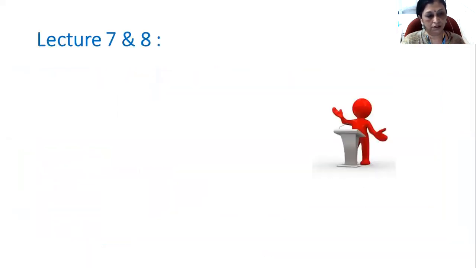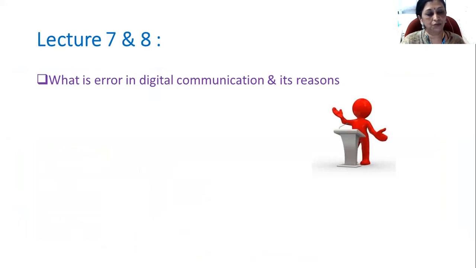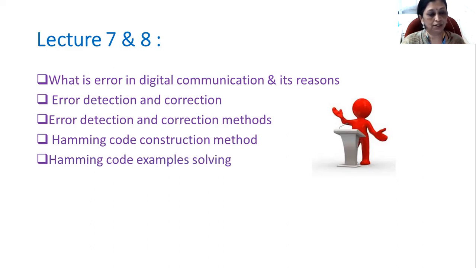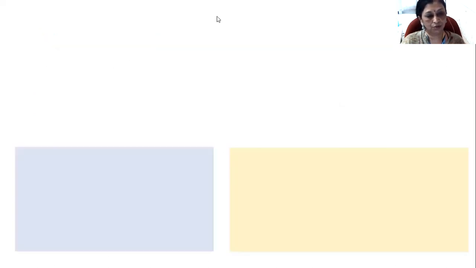This is our lecture number 8, and in this lecture we are going to study what is error in digital communication and the reasons of error, error detection and error correction methods. In error detection and error correction, there are two methods, out of which today we are going to study Hamming code construction method and Hamming code example solving. So students,